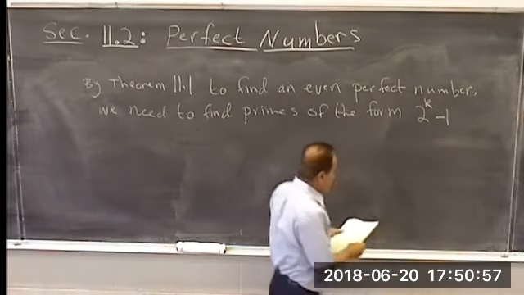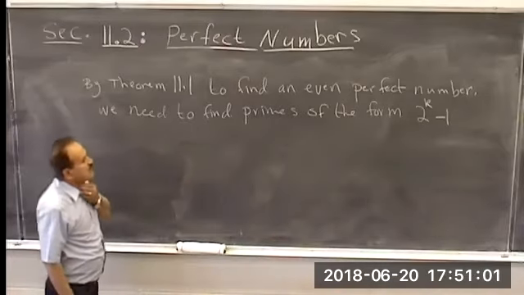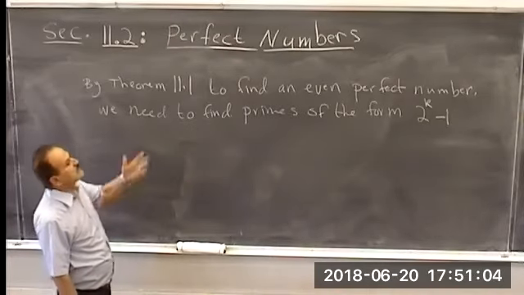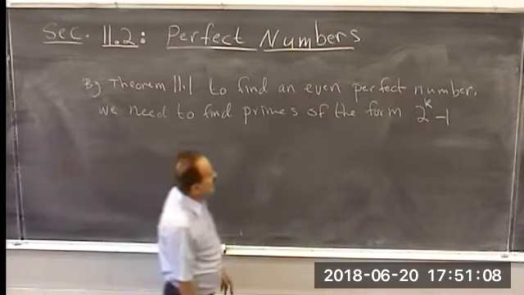All right. And then multiplying this by 2 to the power k minus 1 makes this a perfect number. Now the question is,